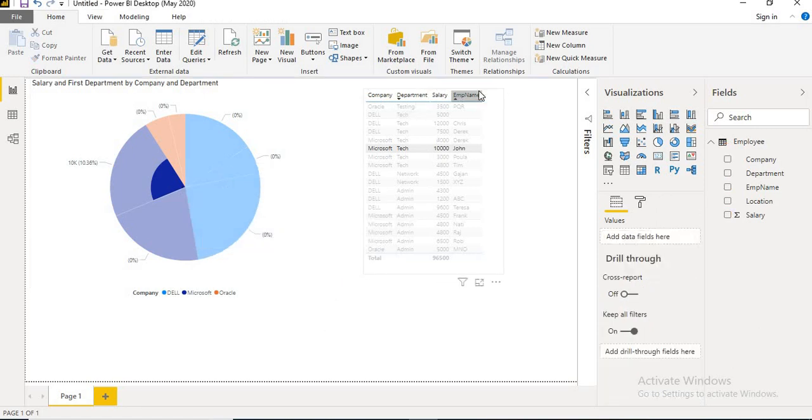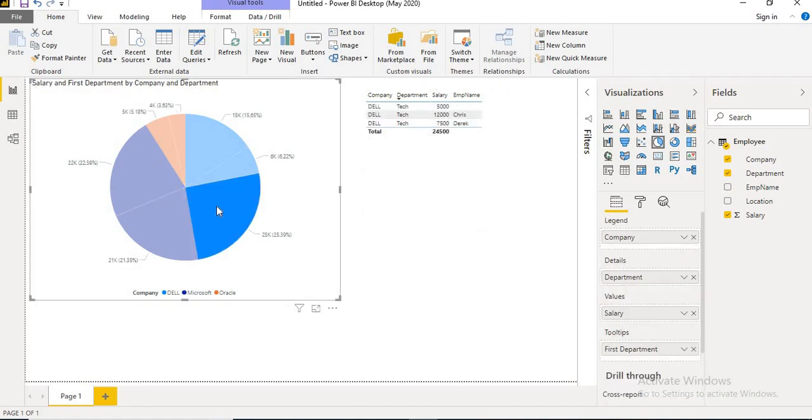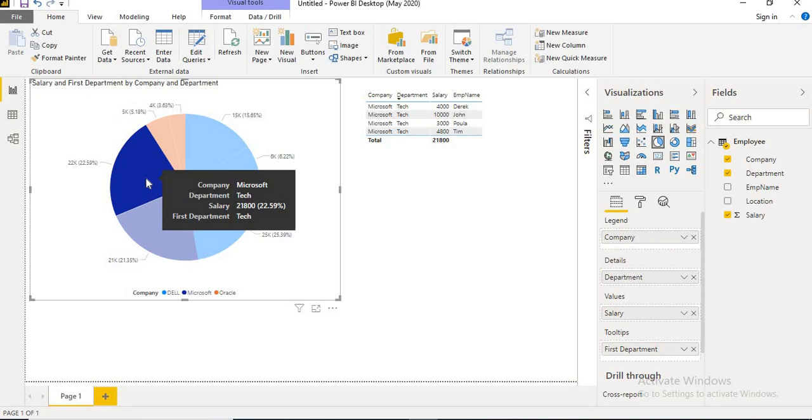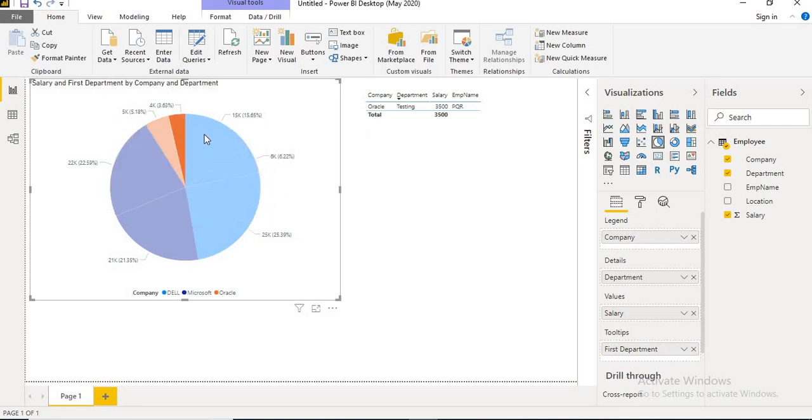Let's quickly refresh that and select the entire section here. You can see the relevant Dell related employees who work here. Even this one, Microsoft Tech Division, is this. And if you hover here, you can see what the department is, what the company is, what the salary is, and what the percentage of the graph is. Okay, and what the department name is. You can see all. This was all discussed in the previous video, how to develop and how to make use of it, how to identify what column is this and so on.